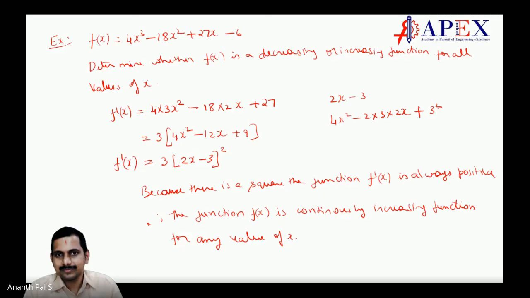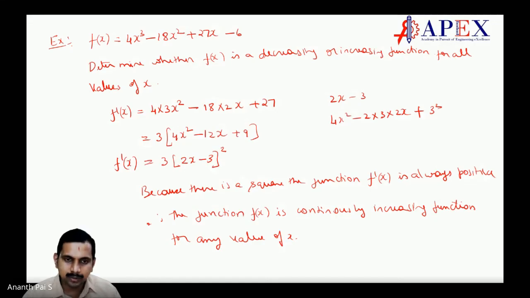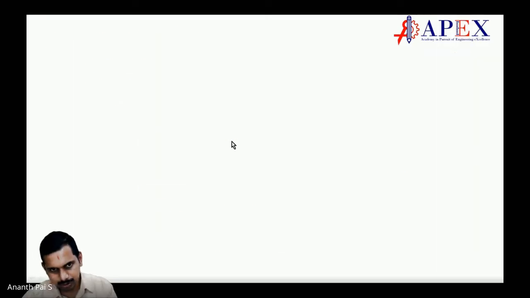Right, sir. Correct? I said after finding dy by dx, you can substitute. See, here we are saying it is increasing because there is a good base here. We have a square here, is it not? Yes, sir. If the square was not there, we would have been in trouble, is it not? We'd have to substitute and try and see any value. Correct. Okay, makes sense, sir. I am going slow, don't worry. Okay, because basic questions have to be answered.